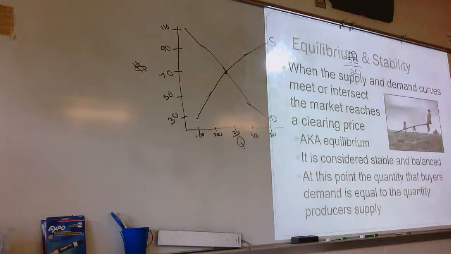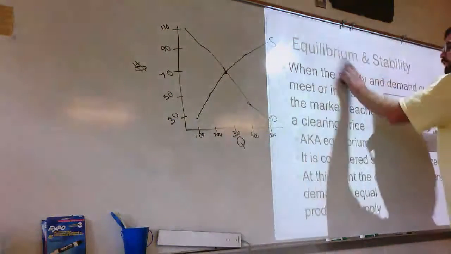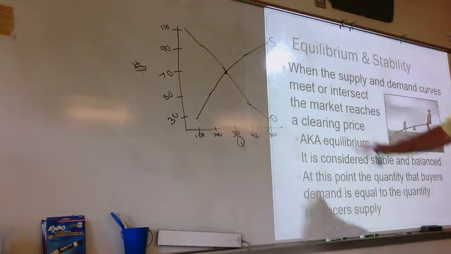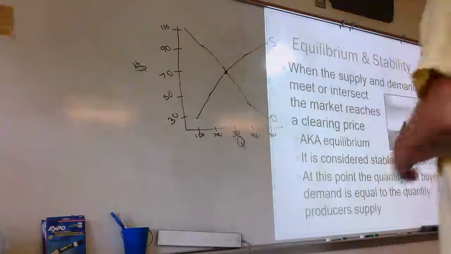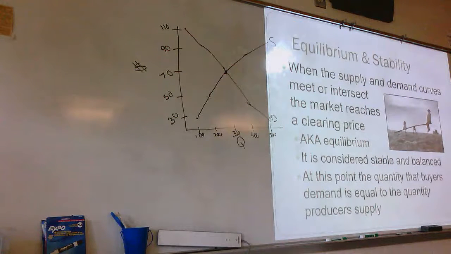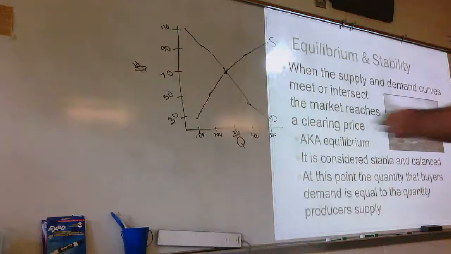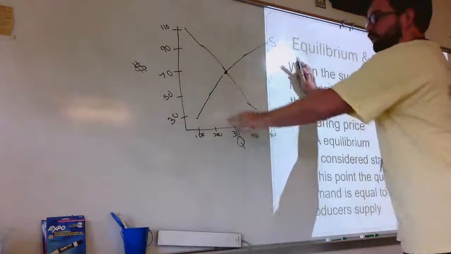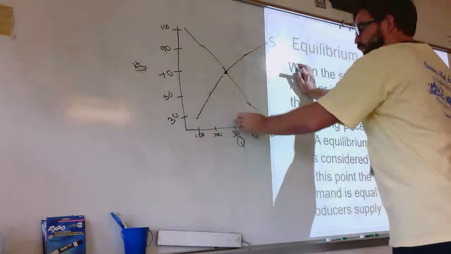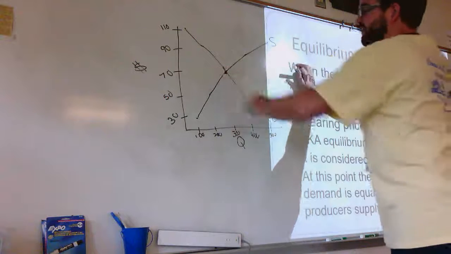All right, so here we have our equilibrium price again. Equilibrium price is where supply and demand meet one another. From the example before, the shoes' equilibrium price was $70, and the equilibrium quantity is 300 pairs. If I were the shoe store, I would produce 300 pairs of shoes, and I would sell them at $70